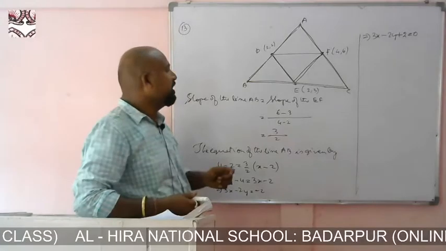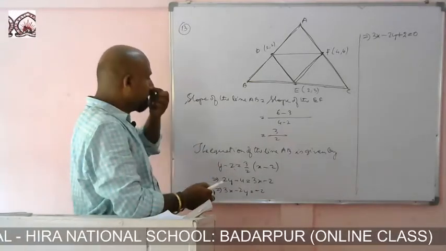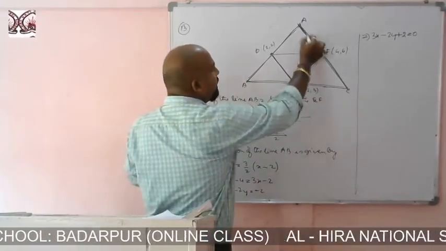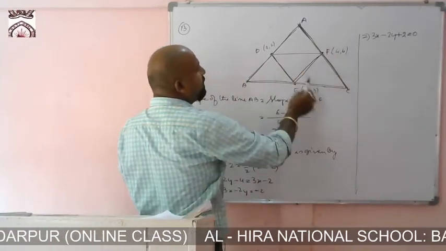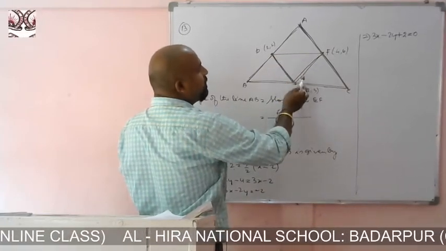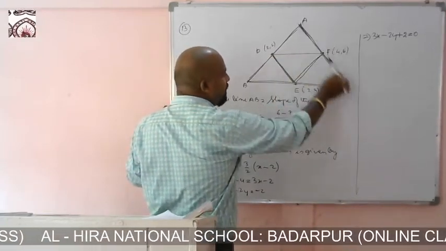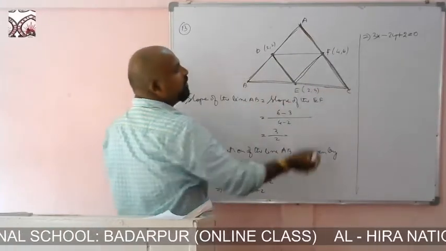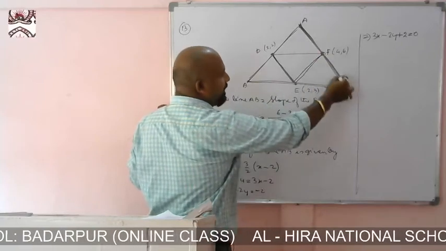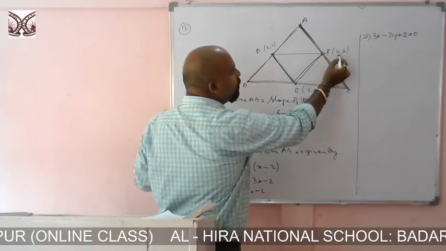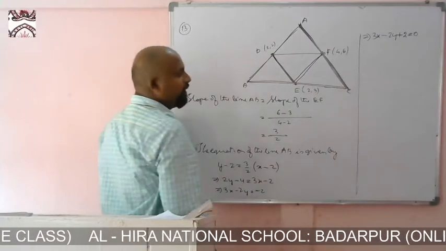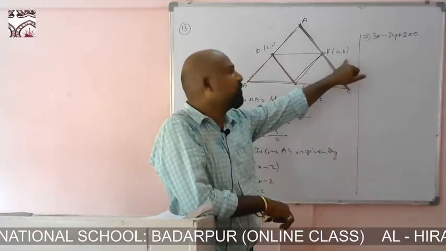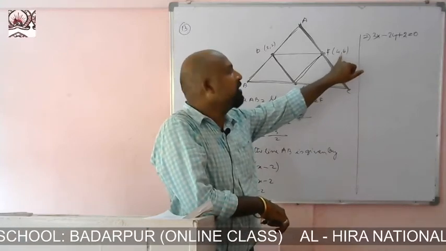Okay. So similarly, in question number 13, find the gradient of the line AC. This line will be parallel to this line, so the slope of this line will be equal to the slope of this line. Now, as you find the slope of the line AC, the point 4,6 lies on this line. So by applying the formula y minus y1 equals m into x minus x1, just solve it. Okay.